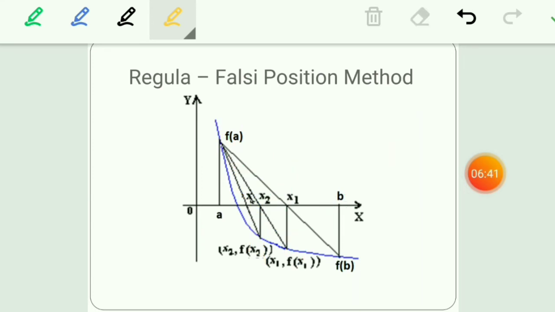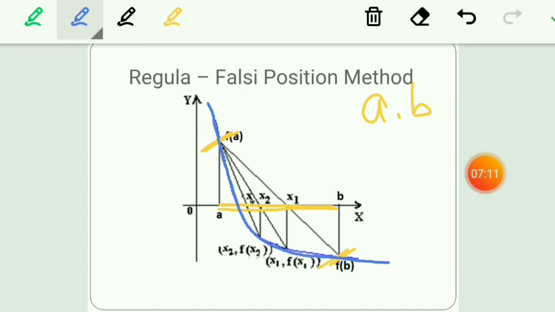Okay, so what is here? See, we have first taken the values of a and b by random check. Okay, so we got this range from this point to this point, and here we can say that a has the positive value and b has the negative value. Okay, so a and b have opposite signs, opposite sets of positive and negative values. That means it is for sure that there should be a root between these 2 points, as the graph shows. This is my root. So I need to go for this solution. Okay, this is my point of interest. I want to find this point.